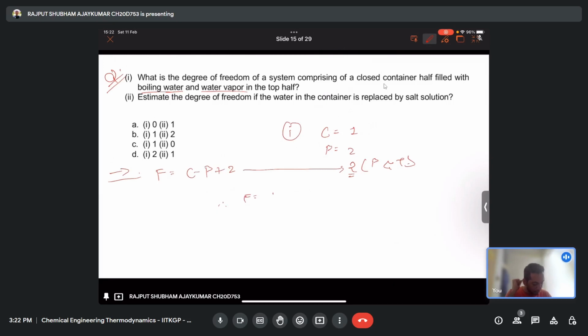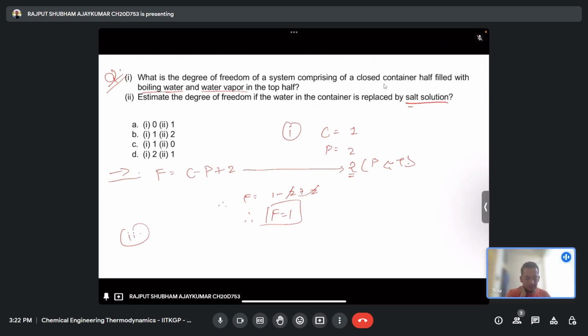If I equal to 1 minus 2 plus 2, therefore degree of freedom equal to 1. And take the second question: estimate the degree of freedom if the water in the container is replaced by a salt solution. So if I take a salt solution, suppose NaCl, sodium chloride in water, because it's a solution actually, there will be no salt alone, it will be water. So the number of components is now 2,